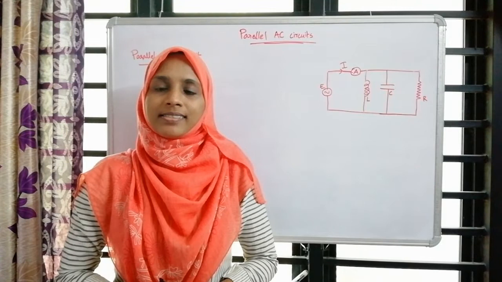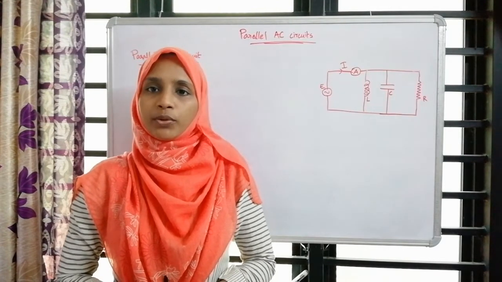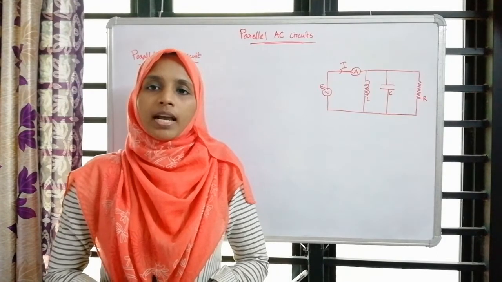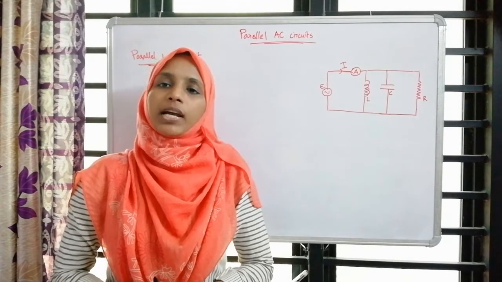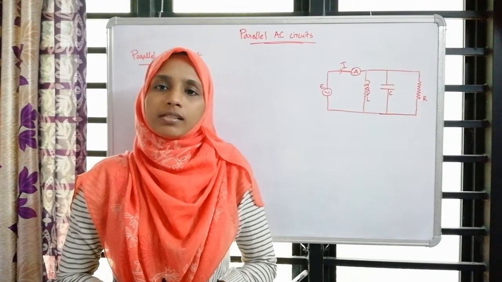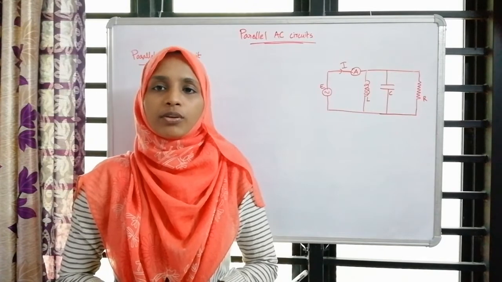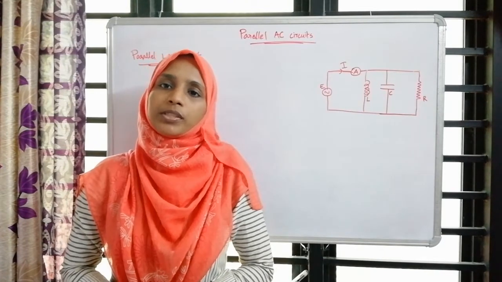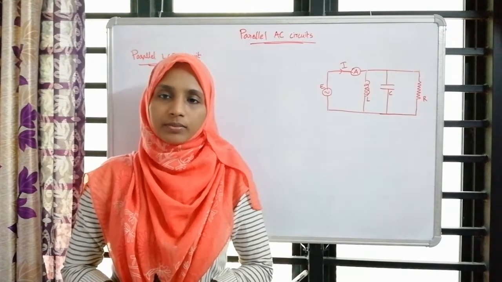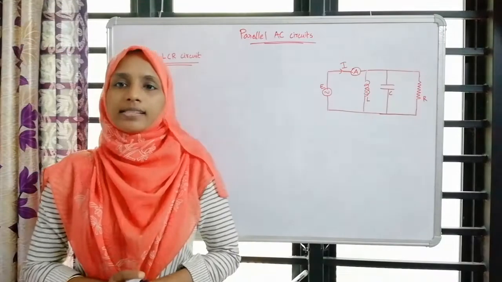Good morning dears. We are now dealing with the module AC circuit, which is the fourth module in the electrodynamics 2. And till yesterday we had discussed the series AC circuit, which consists of LC, CR and LR circuits, and also the series resonance circuit, which is the series LCR circuit. From today onwards we can discuss the parallel AC circuit.